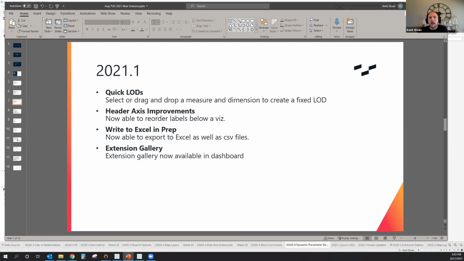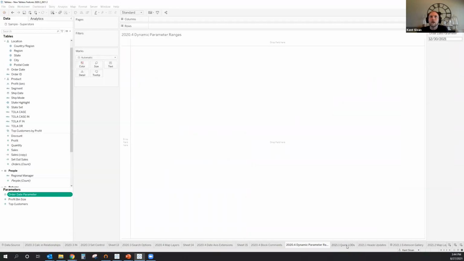So now the extension gallery, in the past, what you'd have to do is outside of Tableau, download an extension and then make it available to Tableau. What they've currently updated to do is inside of Tableau, you can view the extension gallery, and then from there, pick the extensions that you're interested in. And they've also added in a few new extensions to be aware of.